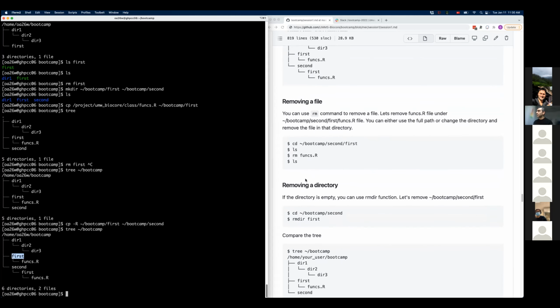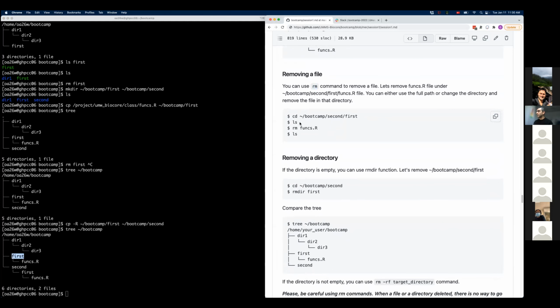Next thing is removing a file and deleting it, which uses the rm command. You can either go to the directory a file exists in and then remove it, or you can provide the full path to a file to remove it. So let's just follow whatever is written here.